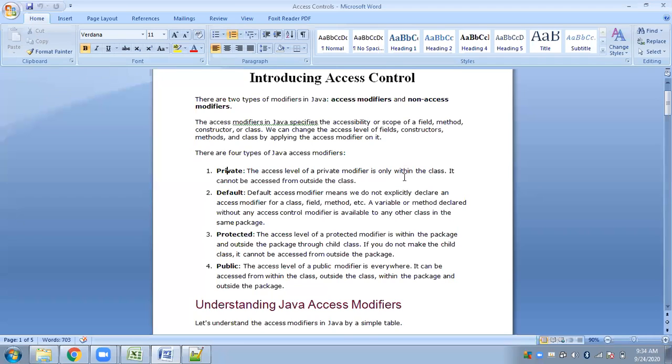If any method, field, constructor, or class is declared as private, then talking about methods and fields, any method or field declared as private can be accessed only from within the class. It cannot be accessed from outside the class. Forget about packages, we will come to packages a bit later.